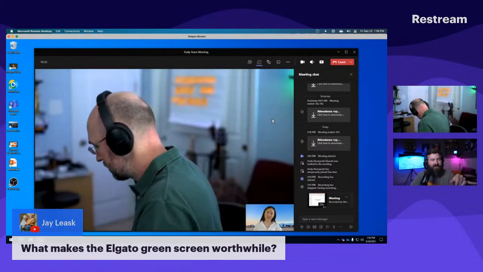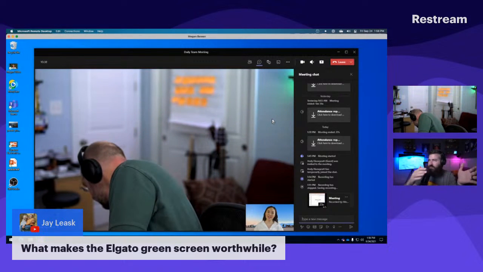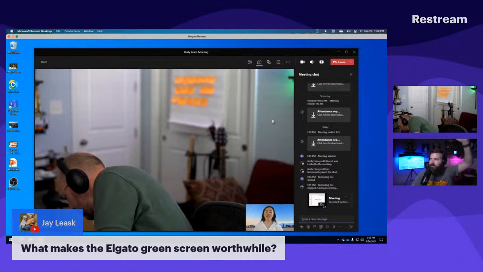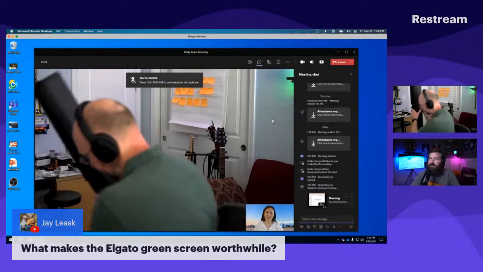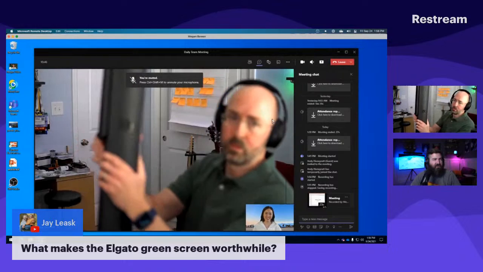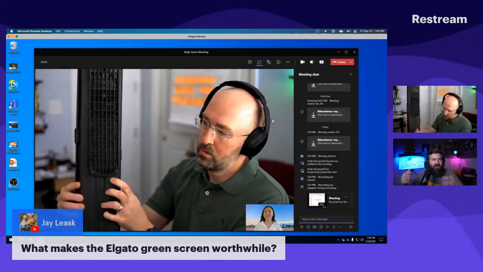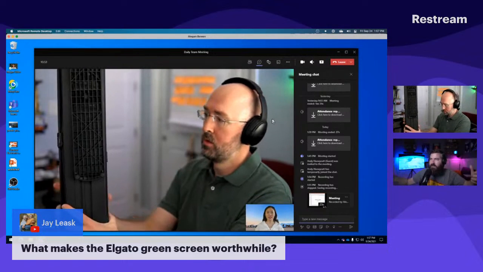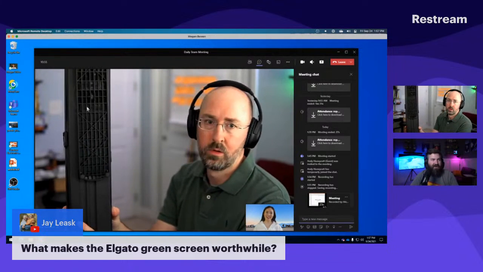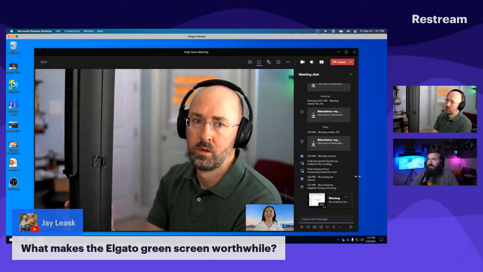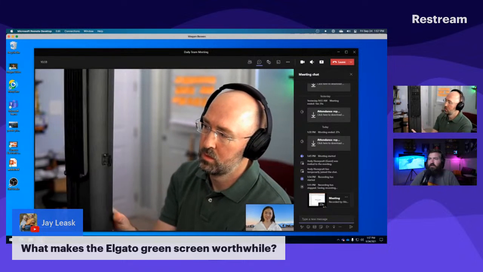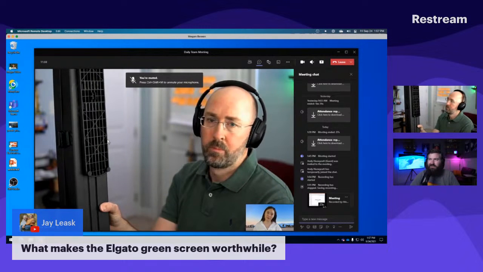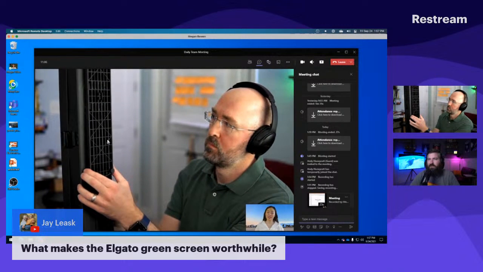What I like about the Elgato, or what's making me lean towards the Elgato, is what Andy just did. The scissor mechanism and just the portability of it. I've kind of thought about getting one of those where it's a separate stand and maybe it springs out and you clip it. I feel like this is just a faster setup. I know that on Amazon there's other brands out there that are the same thing, but I want to say it's only maybe $20 or something more for the Elgato one.